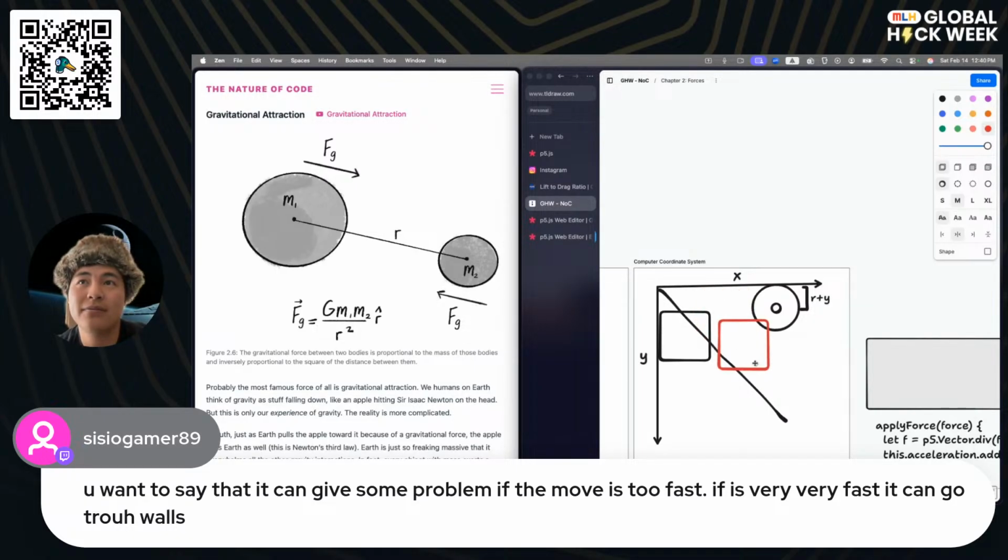But if this object is going fast enough, to the stage where the box escapes the normal way that we would check to see if it is intersecting with something else. Let's say that beyond this X wall, this is supposed to be a solid object.